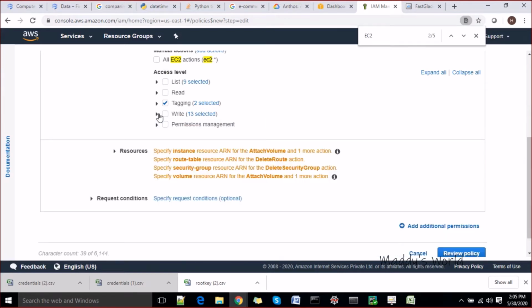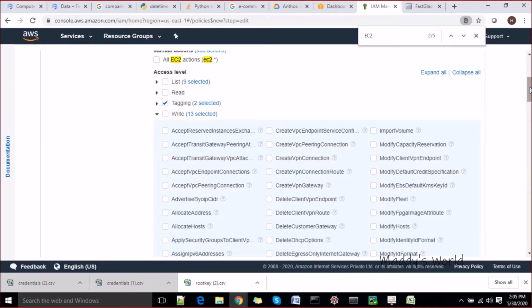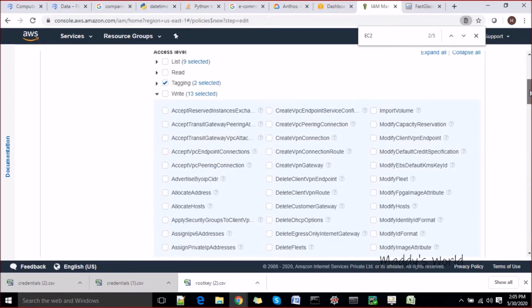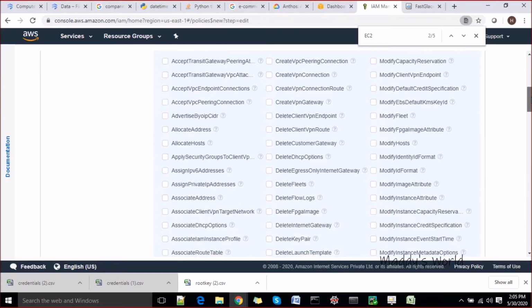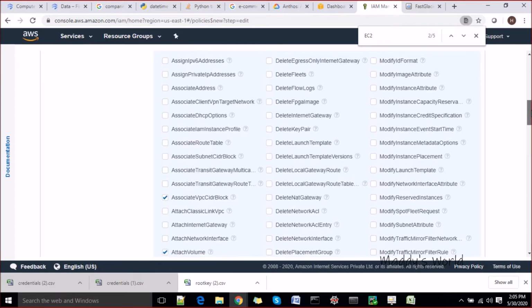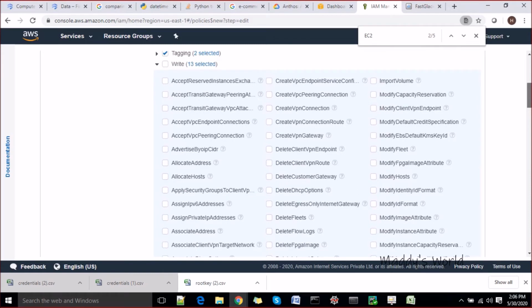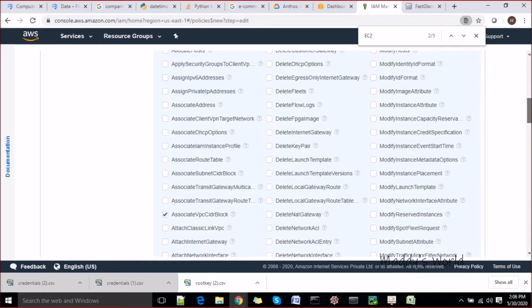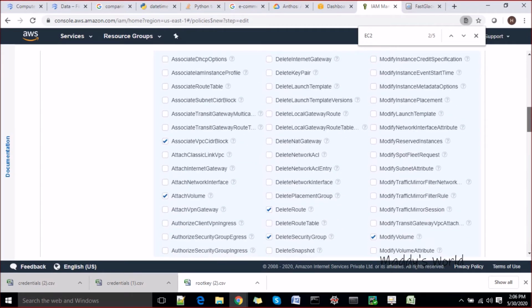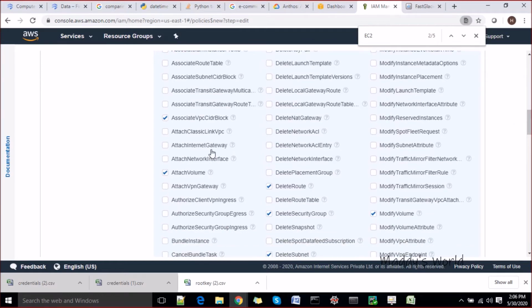In the write section itself. Okay, so anything here, modify host, capacity, EBS we have already given, and I'll see one by one here again. Accept reservation, accept host, routes, internet gateway. You will need the attach internet gateway access also, if you want them to create VPC also.